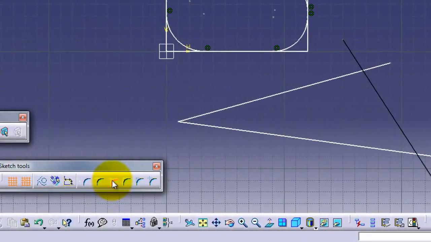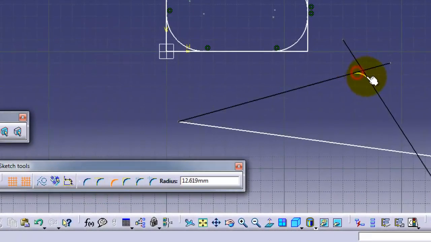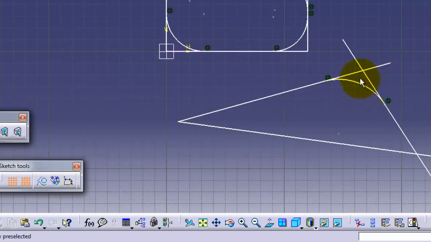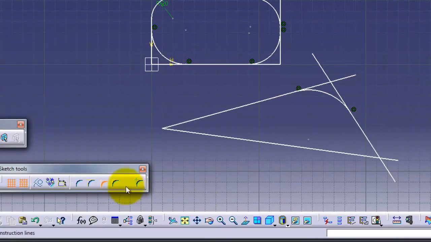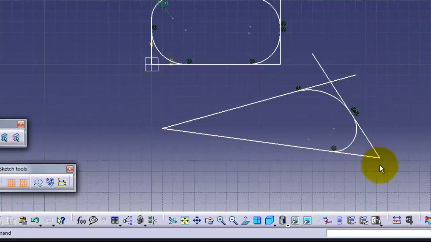Let's first use this one, and as you notice, it keeps the line without trimming. If we choose the second type, this one is going to trim the lines after making the corner,